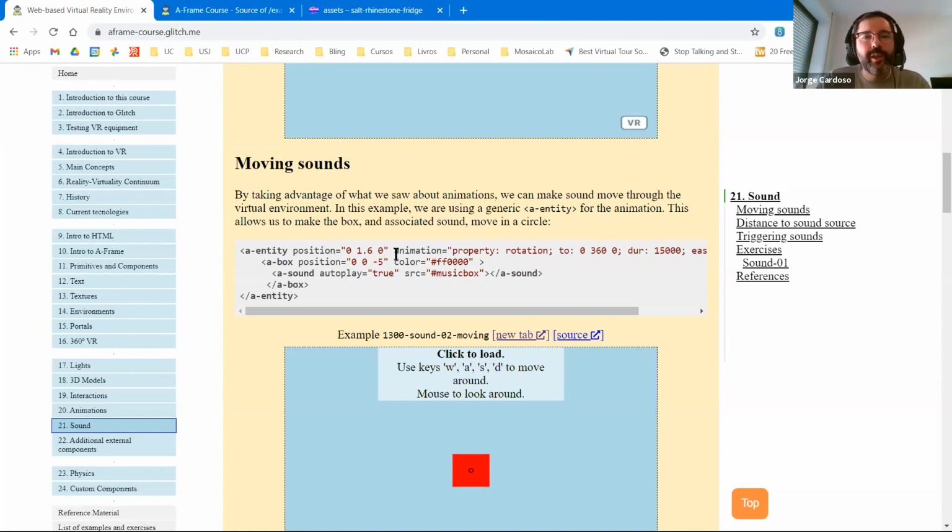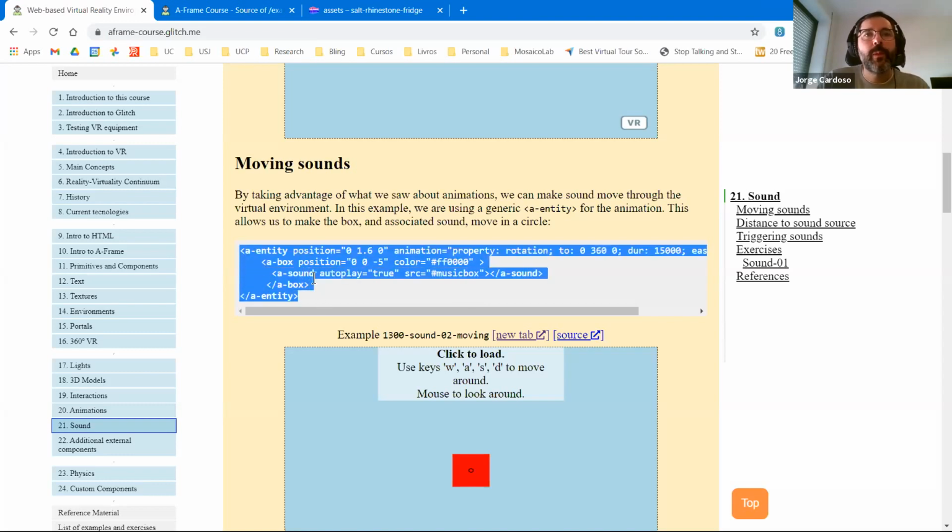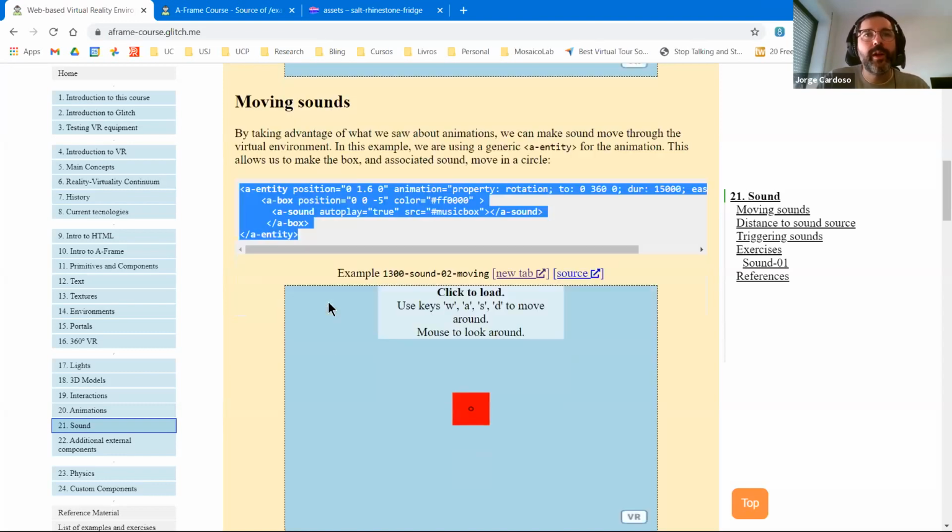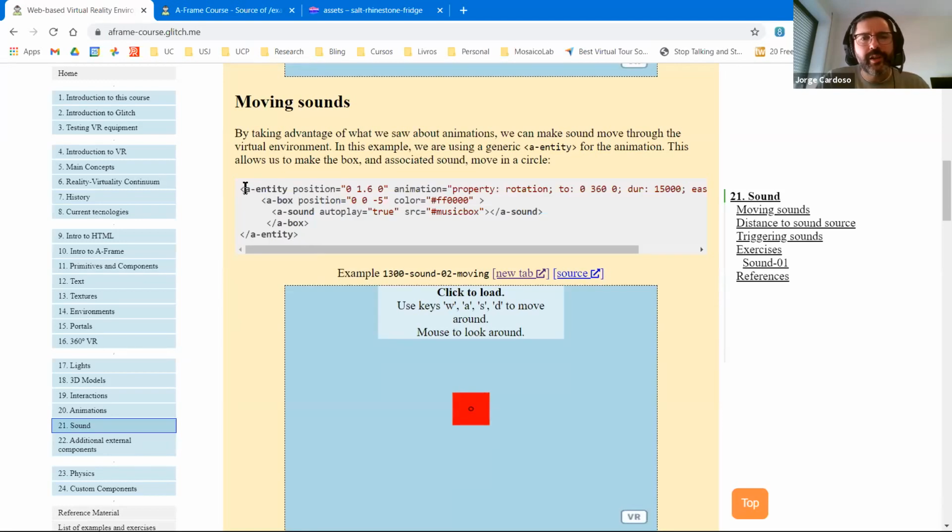But just to make it clear, we can actually have a sound source that is moving inside the 3D environment. And we already saw how to do this. We have animations. So we can animate an entity that has a sound inside. And so the sound, even if we stay still, we will hear the sound moving around us. So for example, in the next example, what I have is kind of that technique that I showed earlier, where we have an entity